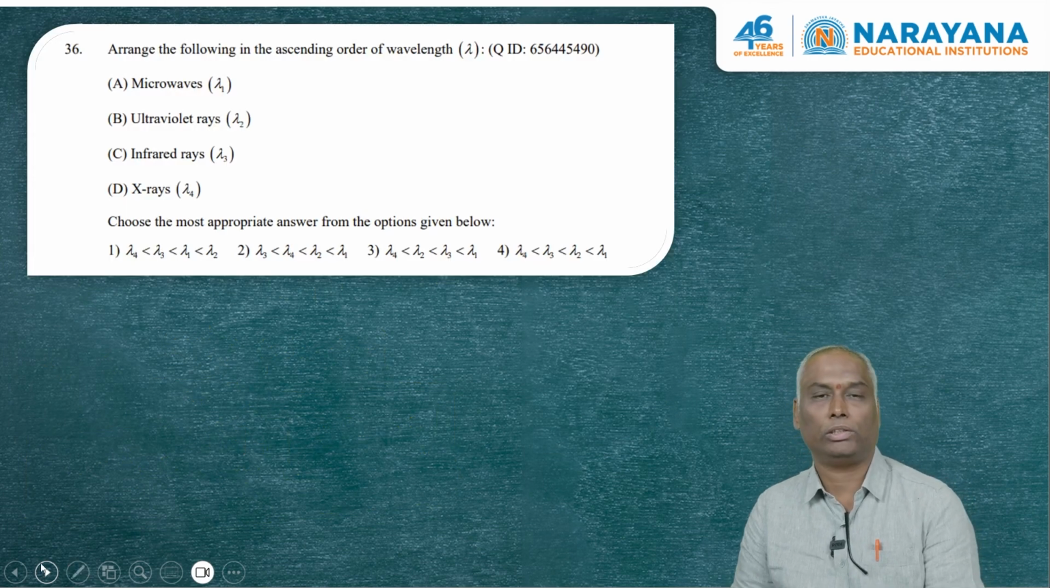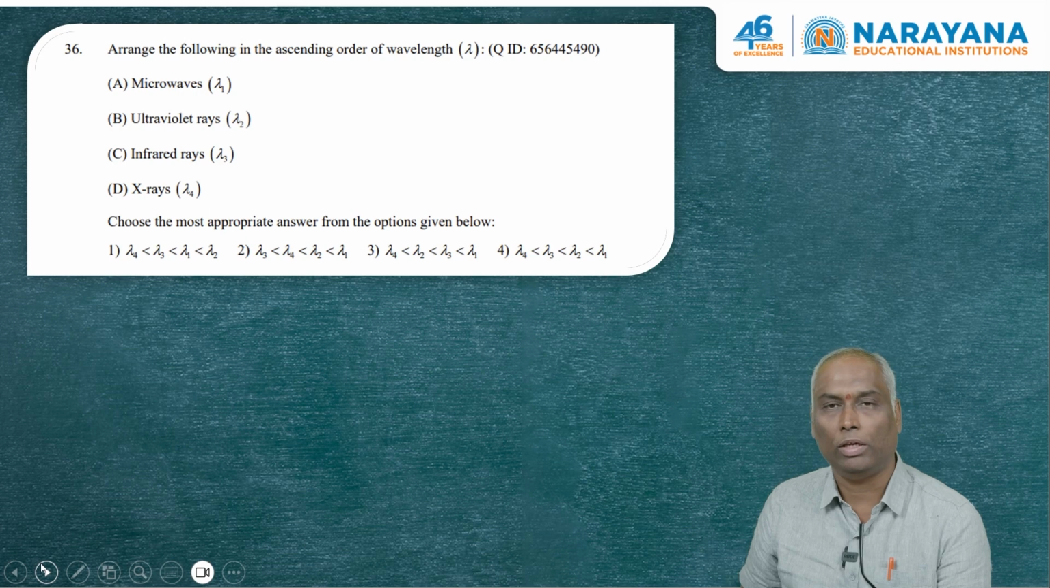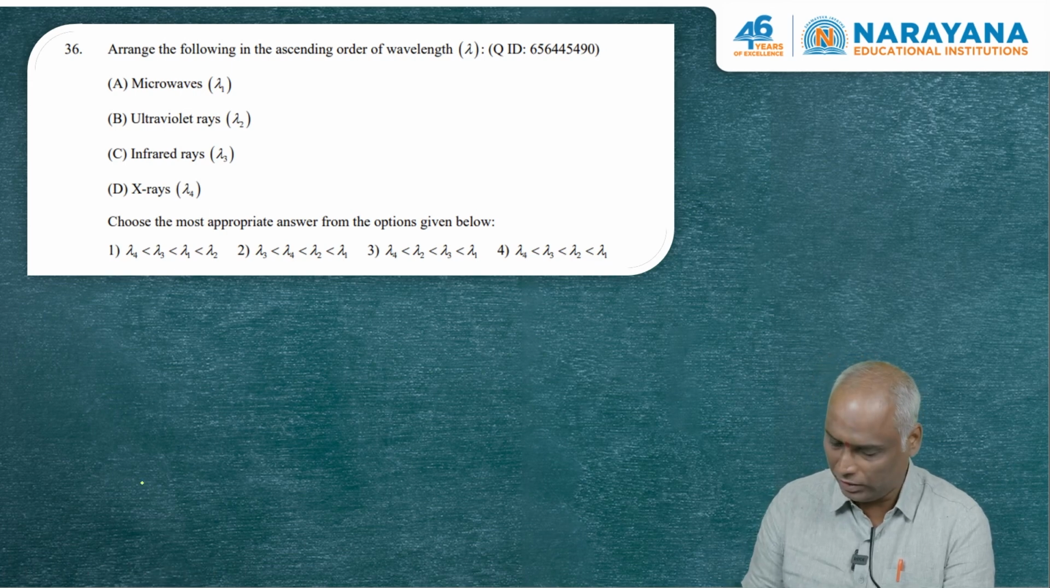Next question, number 36. Arrange the following in the ascending order of wavelength lambda. Here they have given four wavelengths which are associated with the electromagnetic spectrum. You are asked to find the correct arrangement in which the wavelengths increase, ascending order. For this, first of all, we have to understand the electromagnetic spectrum. When we consider the electromagnetic spectrum, it's going to be something like this: